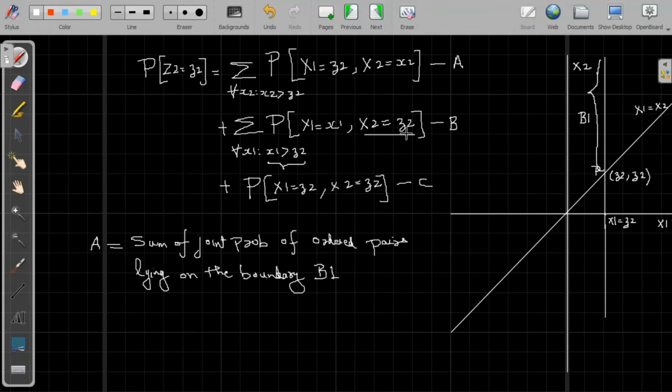So firstly, x2 is equal to z2. Since we have already taken that this point is x1 is equal to z2, correspondingly this point will be z2 comma z2. So here on the x2 axis, at this point x2's value will be z2. So x2 is equal to z2